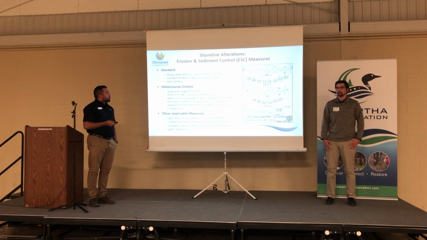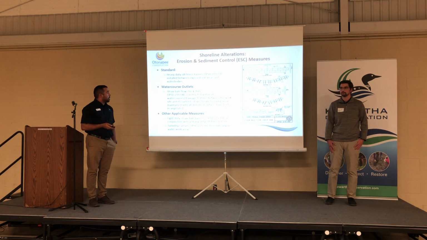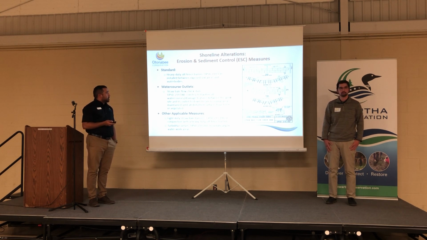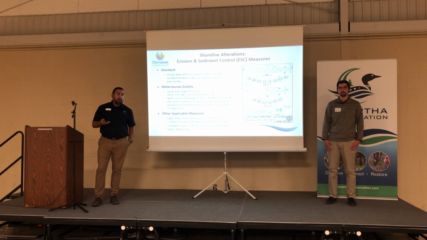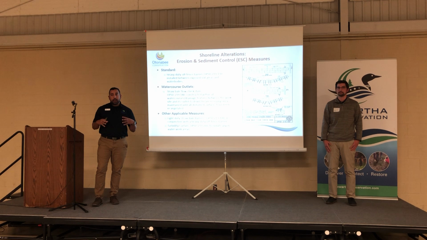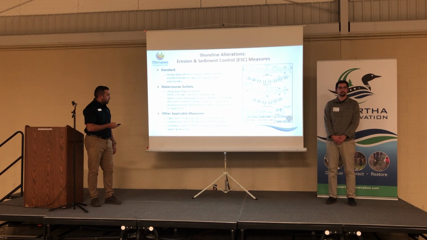So some of the erosion sediment control measures that the conservation authority might ask for shoreline alterations are heavy-duty silt fence barrier. This is generally installed between any exposed soil areas and the water body. It's generally only going to apply if you're doing any work in the upland or riparian zones, not necessarily on the shoreline itself. We just want to make sure that those areas are going to be isolated, no chance for silt or sediment to travel into the water body itself.